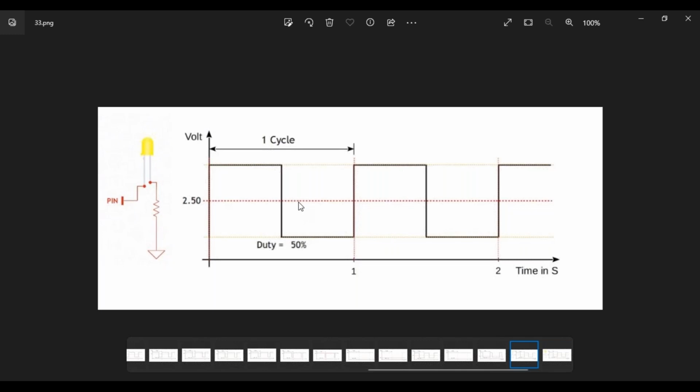In order to control the average power delivered to an electric load, what should I do? First, I have to vary the duty cycle. Second, I have to vary it at a higher frequency. So I have to make sure that the device is not able to identify that toggling is happening. Okay, so that is how your